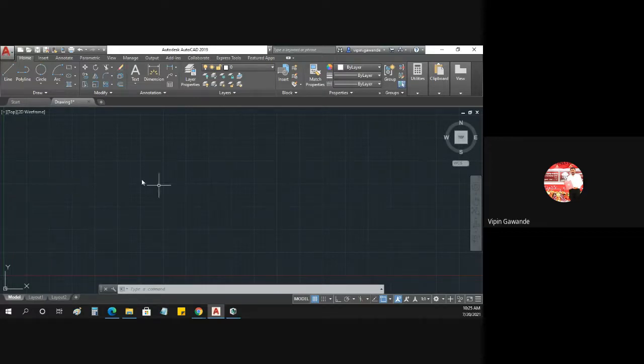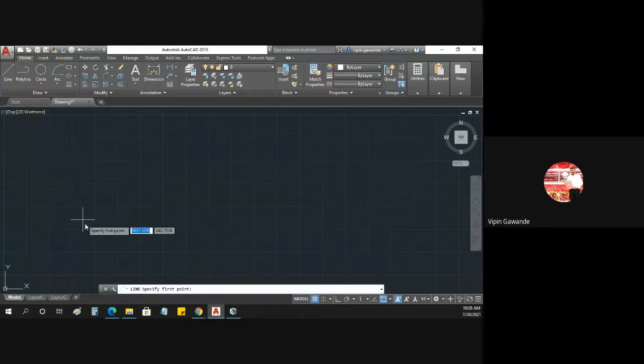So I have also downloaded it. See, I have put my ID card there, and I have downloaded this AutoCAD software. Now, when you open the AutoCAD software, you'll get a window something like this. I have downloaded 2019. Now the latest version is 2021, so you can download that also. Generally all the commands are the same with a little bit of modification. Now we will start with this one.